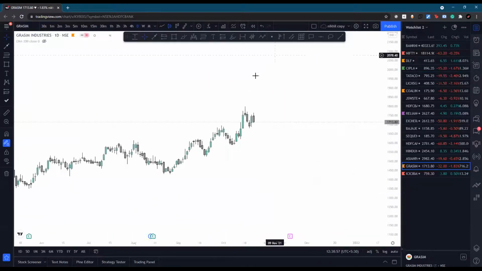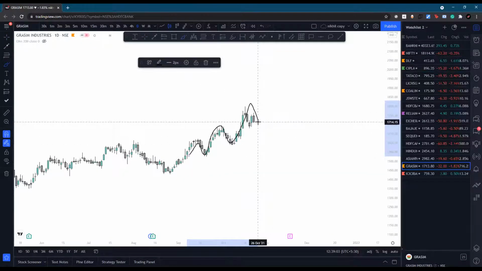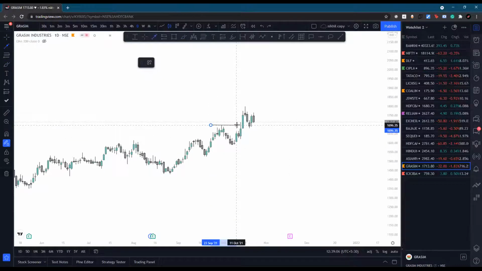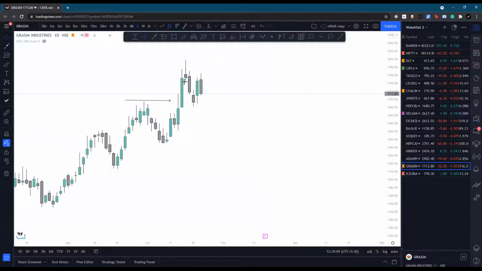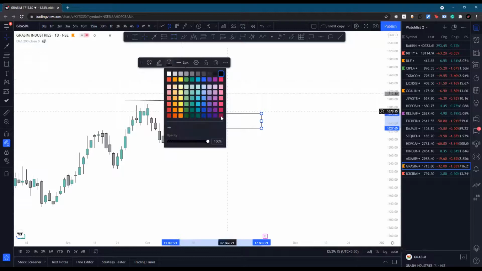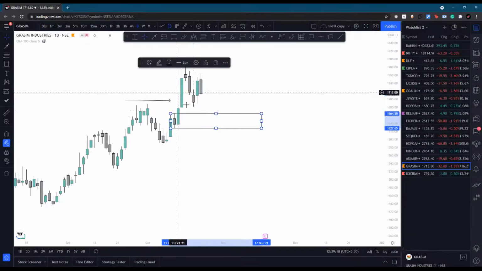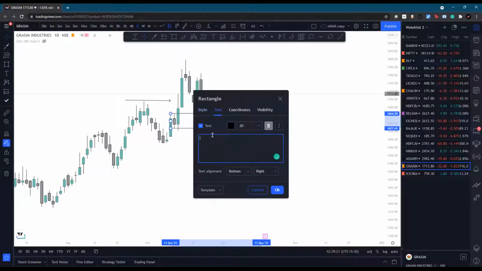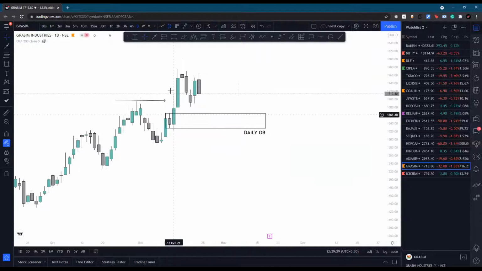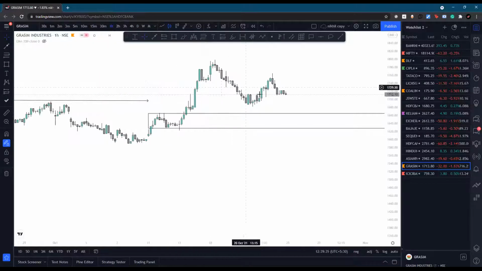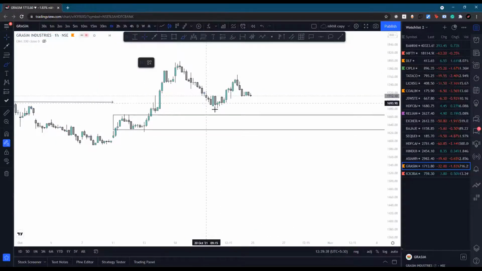Daily time frame looks good. Okay, we are creating higher highs, higher lows. All right. On a daily time frame, we have a break of structure here, an order block here. PDOB. Now, clearly, it's in a distribution phase. Okay, if we go on a lower time frame, all right, lower time frame, and we have, what is this, guys?